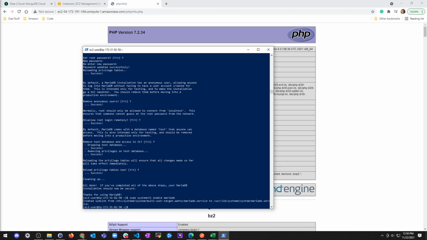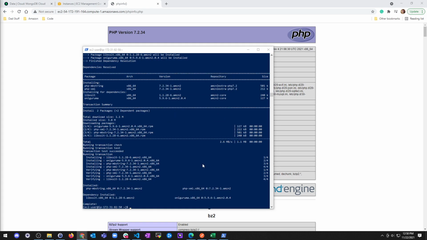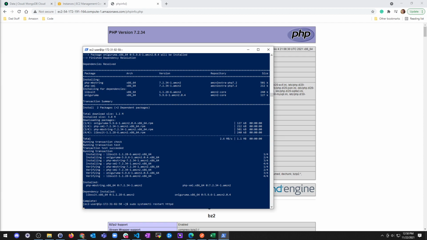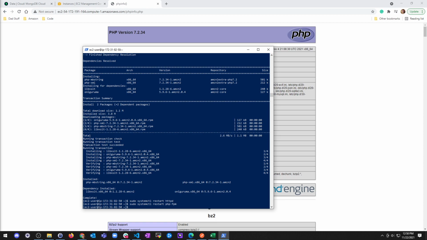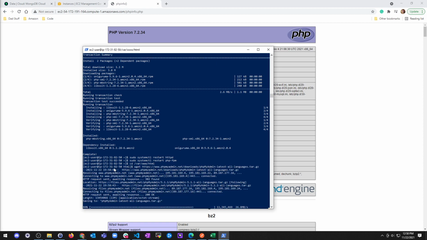Now I'm going to go ahead and install my phpMyAdmin. So let's get some stuff installed here. Then we're going to restart Apache, restart my PHP, navigate to my document root, var/www/html, and I'm going to get to my phpMyAdmin through wget,